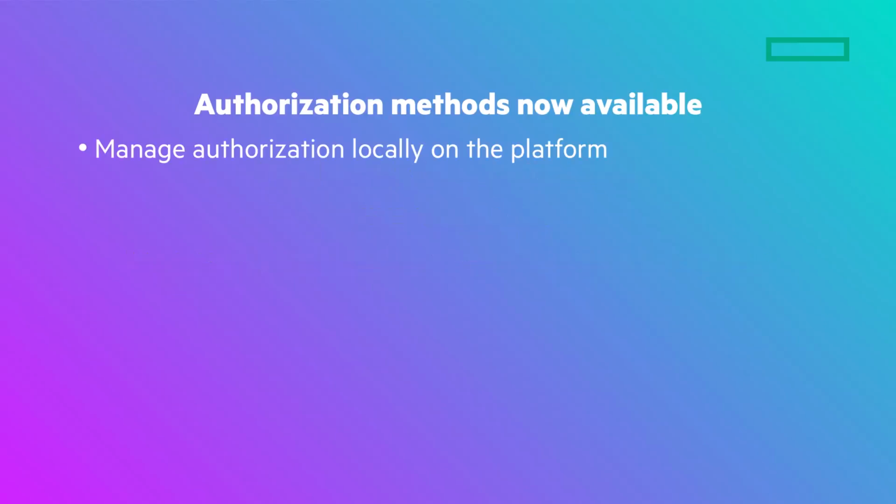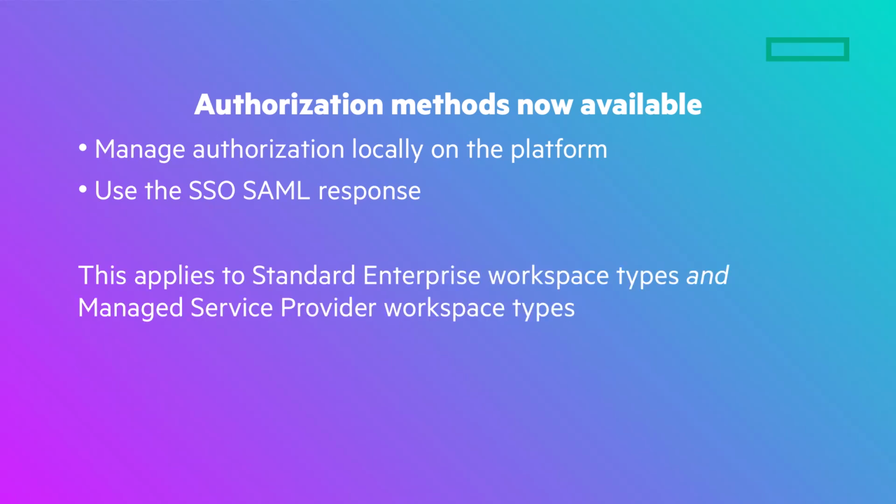We have introduced a new SSO authorization method that allows administrators to manage the assignment of roles and permissions locally. This means that instead of needing to define roles and permissions as a SAML attribute, administrators can now use SAML SSO solely for user authentication on the HPE GreenLake platform. And as before, authorization can also be configured using SSO SAML response. The ability to use this local authentication enhancement or SSO SAML response-based authentication applies to both standard and MSP workspace